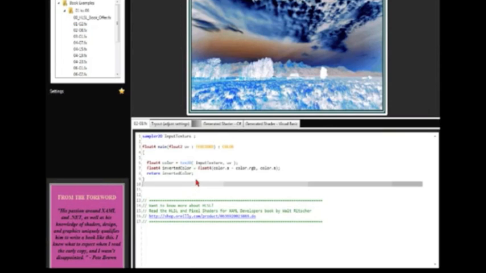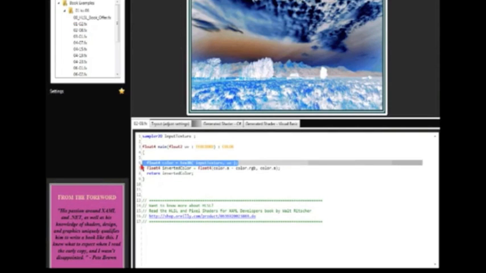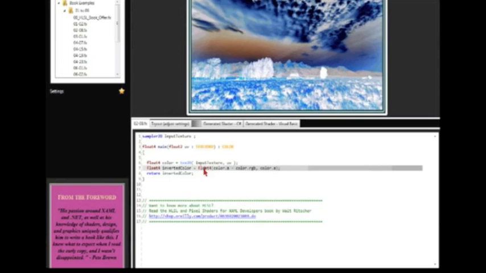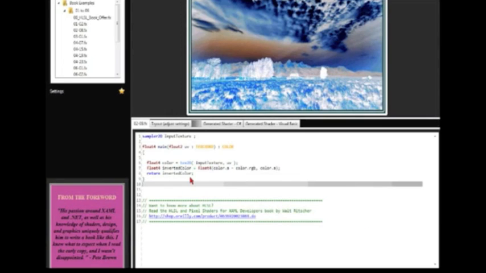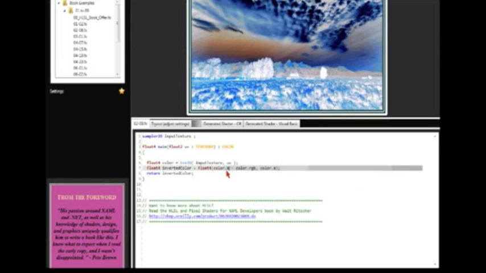But if I write a little bit of code in there, so now I'm sampling the inbound parameter, one of the pixels, and then I'm going to do a brand new color. I'm going to say create a new float4. This is a function, and I'm saying take the alpha channel and subtract the RGB. Again, this is using all 3 channels. Now I can also subtract just the red channel like this. And when I compile it,